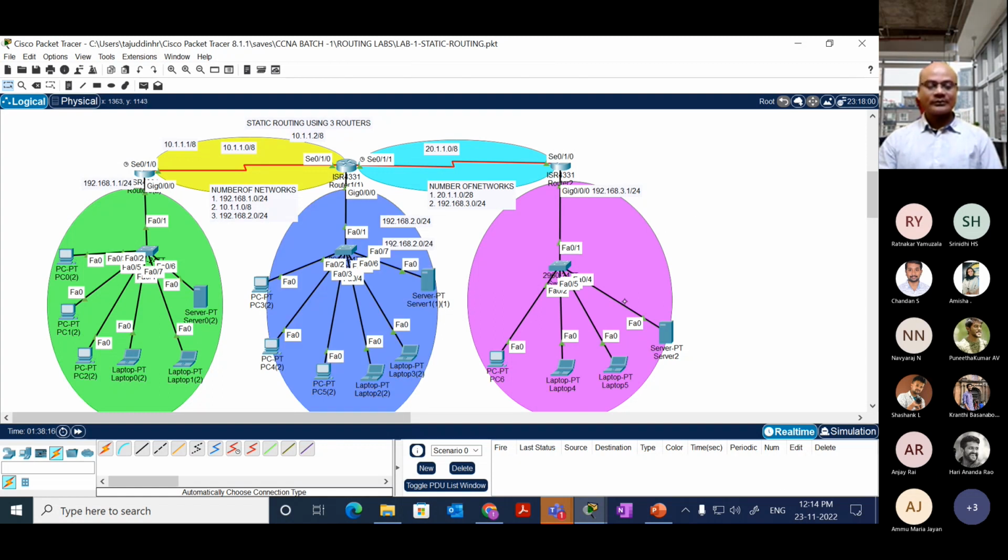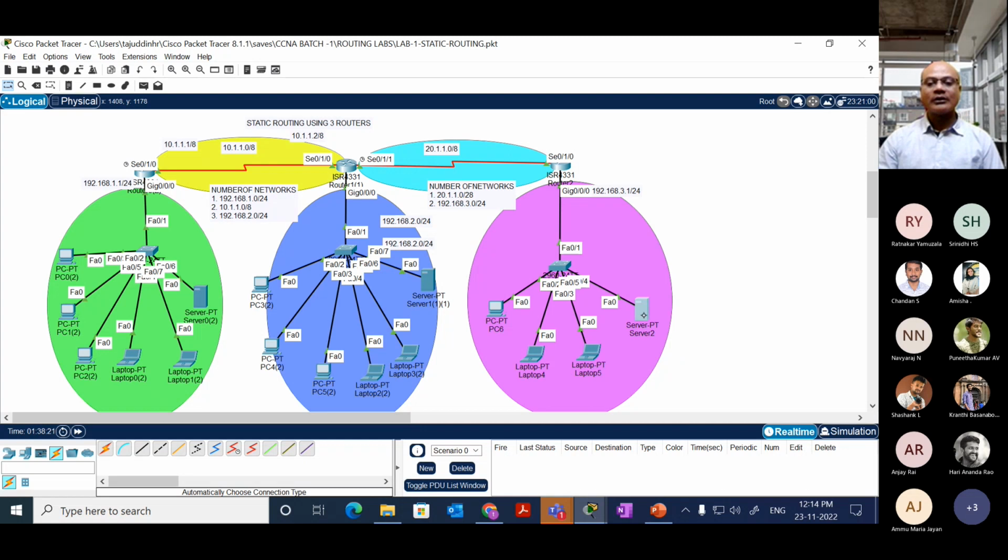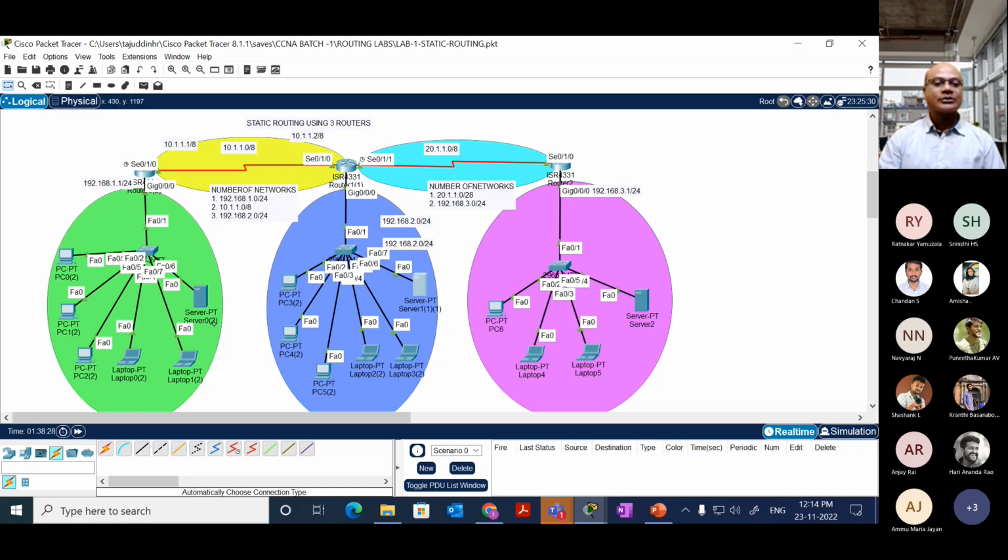So first understand. Right now I need to configure a new network that has been launched in my organization. So this is my network which is there. Now I want to communicate with these two different networks. How do I configure? If you want to reach this network, which network is this? This is the 2.0 network. Go via